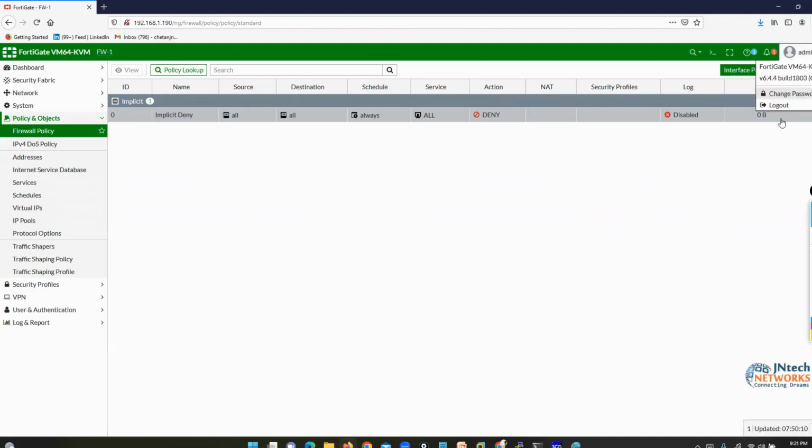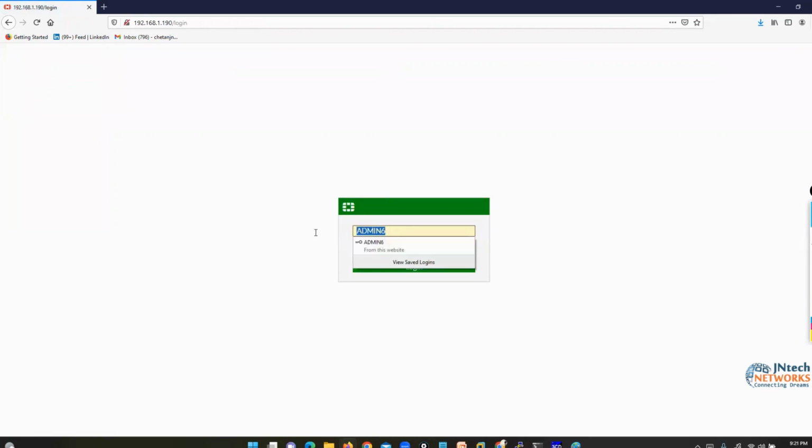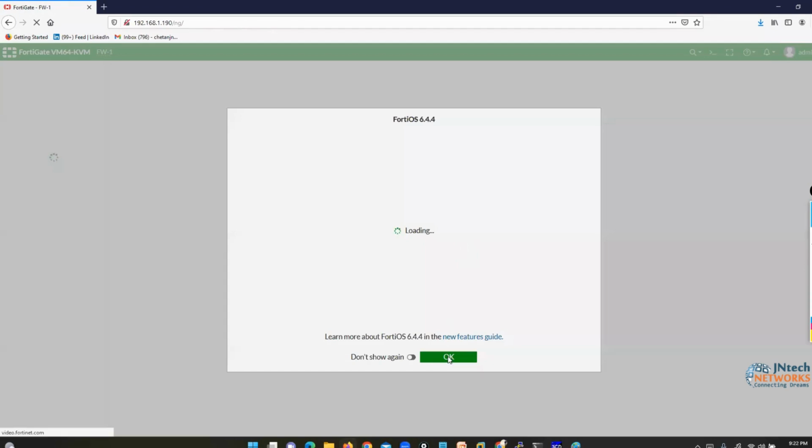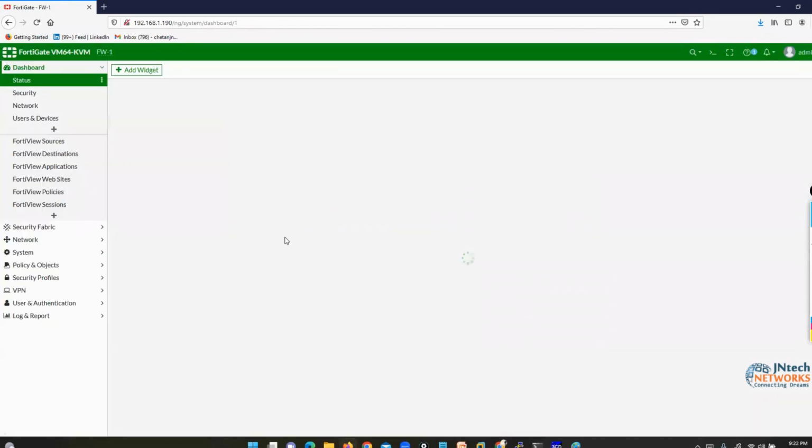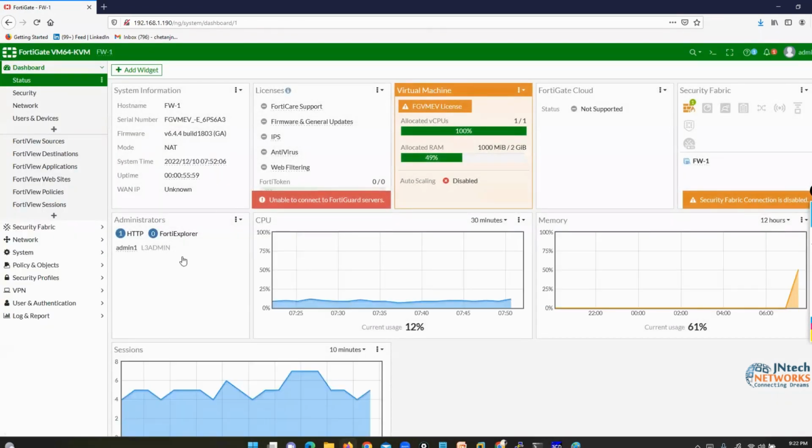See, please help me for this concept. So I have an admin 1 account. If you guys remember, with admin 1, we have a profile called L3 admin. And with L3 admin into